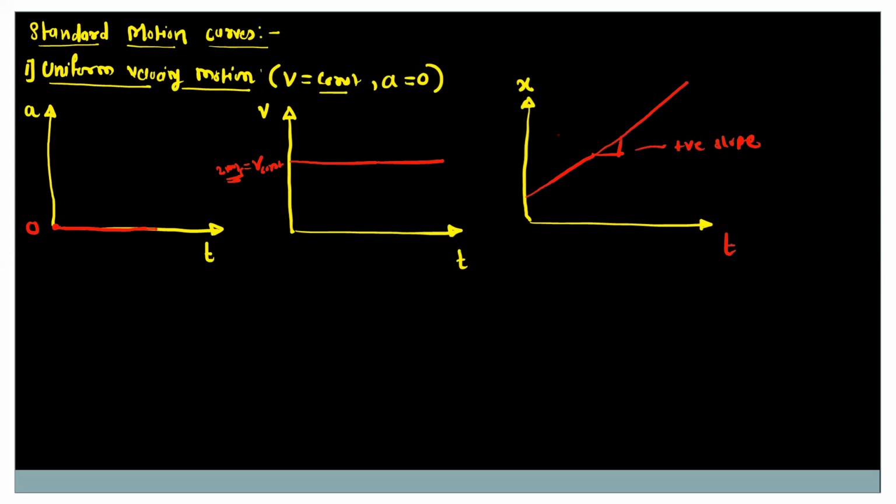That means position is continuously increasing with respect to time. So if the acceleration time graph is 0, then we will get the velocity time graph as a straight line parallel to the time axis, and then the position time graph will be a straight line where the position is continuously increasing. Okay,